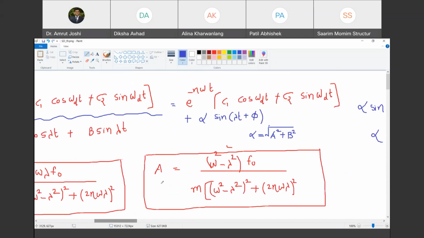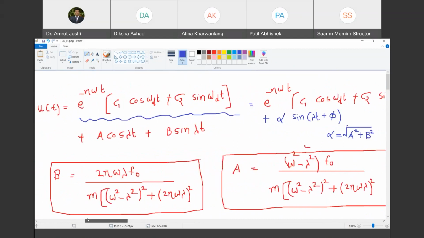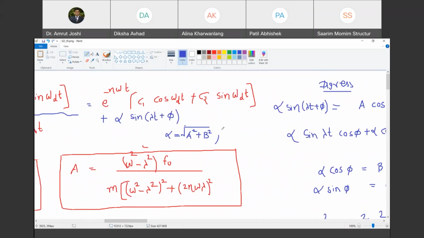What is a and b? A and b are here. Are you with me? And what is beta? What is phi? Phi is equal to tan inverse of